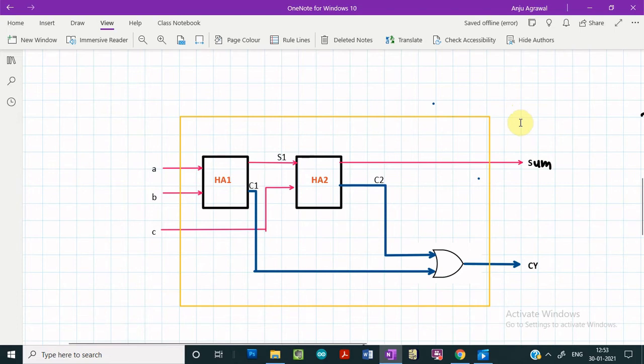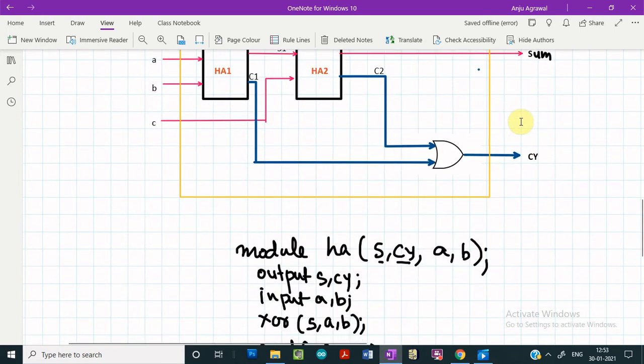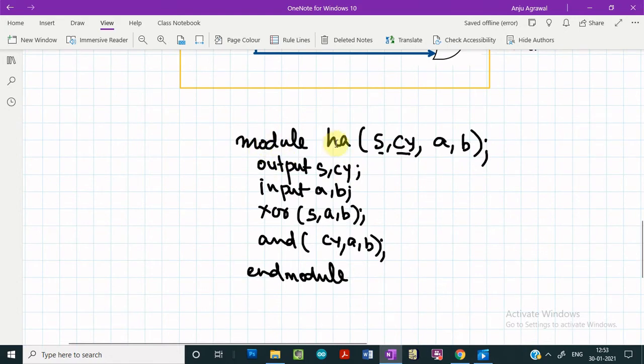We know how we can write down the design module for a half adder. So the half adder module looks like this, which is simple, and over here we are using gate level modeling for the design module of the half adder, but you can also use behavioral modeling. It doesn't make any difference, so you can use either approach. Either you can use gate level modeling to write down the module for the half adder, or you can use behavioral modeling. So this is how the module for the half adder looks. There's nothing new in it. We have the output ports sum and carry, and the input ports are A and B respectively.